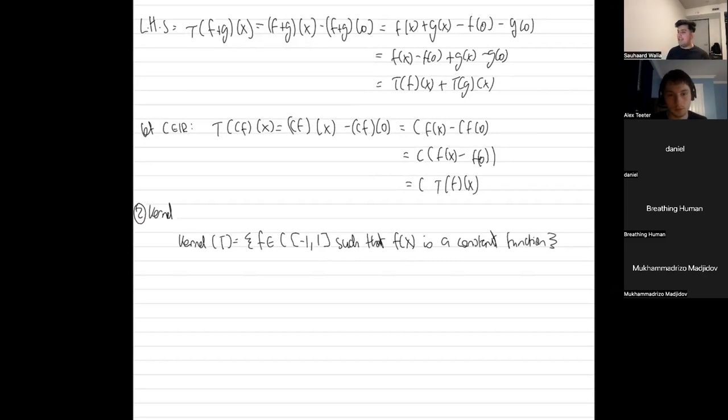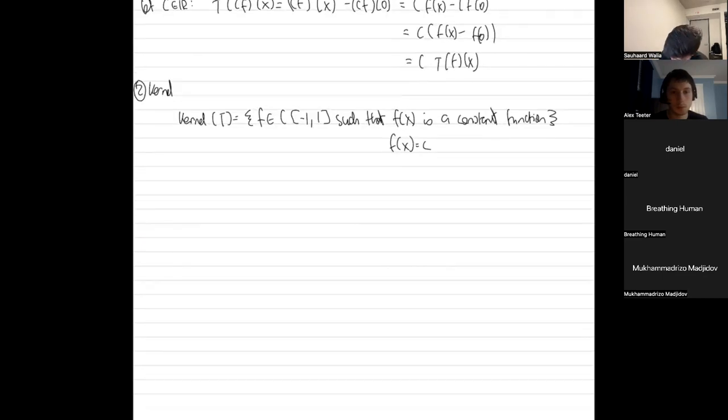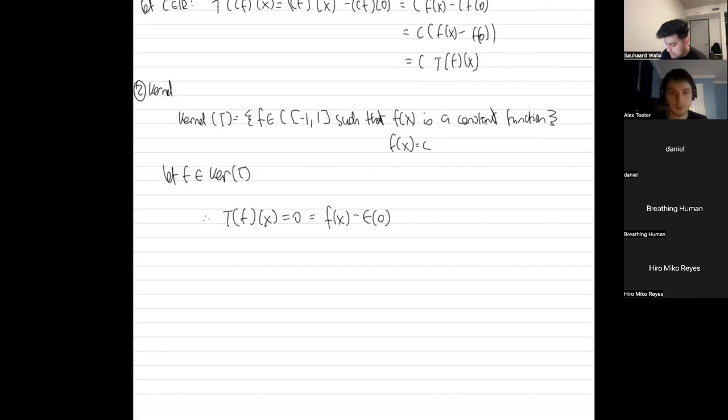Constant functions. f(x) must be equal to any arbitrary constant, and we'll show why this is true. Let f be a part of the kernel of T. Therefore, T of f of x must be equal to what? Because it's a part of the kernel, 0. But that's also supposed to be equal to f(x) minus f(0), right? And the only way this is equal to 0 is if